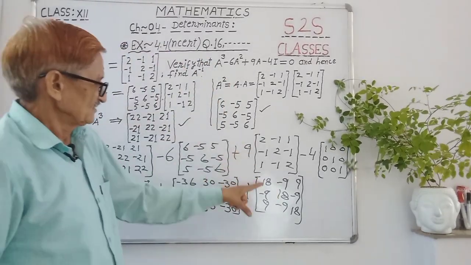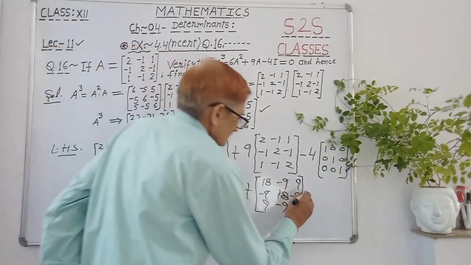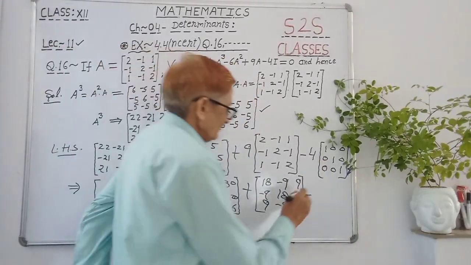Okay beta, 9 2 जा 18, 9 1 जा 9, 9 1 जा 9. This now, and minus 4 into I, then 4